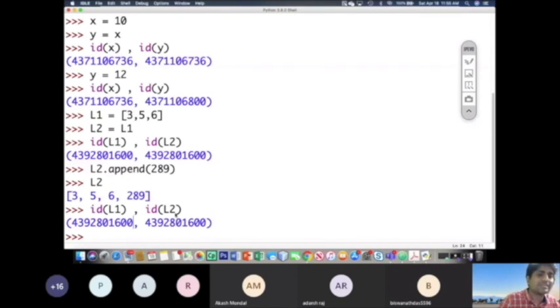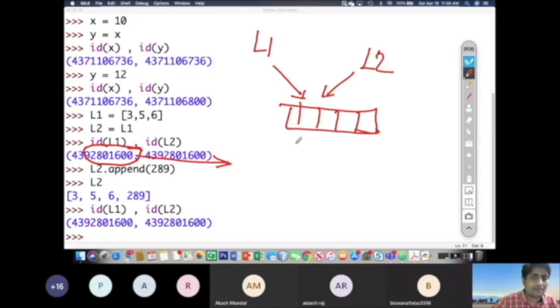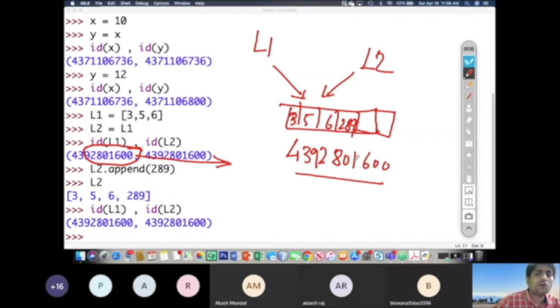L2 में जो चेंजेस हुआ L1 में दिखेगा ही, दोनों तो सेम एड्रेस पर हैं। कहने का मकसद क्या है कि आपका जो L1 है और जो L2 है, ये दोनों एक ही एड्रेस को शो कर रहे हैं, एक ही लिस्ट को शो कर रहे हैं, क्योंकि वो लिस्ट उसी एड्रेस 4392801600 पर बनी हुई है जिसमें ये वैल्यू 3, 5, 6 रखी हुई है। तो दोनों जब एक ही को रेफर कर रहे हैं तो ऑफ कोर्स सीधी बात है कि अगर मैं इसमें 13 ऐड करूंगा तो वो L2 में रिफ्लेक्ट करेगा.